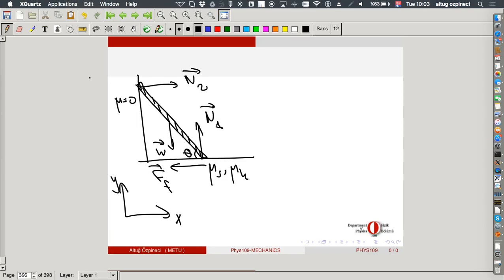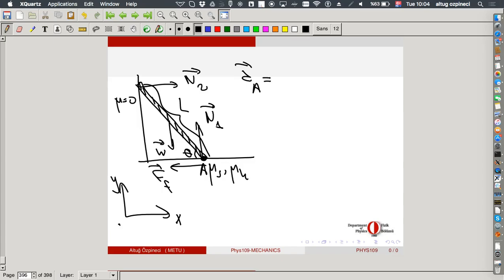Now let's calculate the torque. If you want to calculate the torque, first you have to choose some reference point. With respect to which point would you like to calculate the torque? The bottom point, fine. Let's go with the bottom point. Is it rotating with respect to any point? Whichever point you choose, the total should be 0. Let's give some more numbers. Let's say that the total length is L. Now the total torque relative to this point A